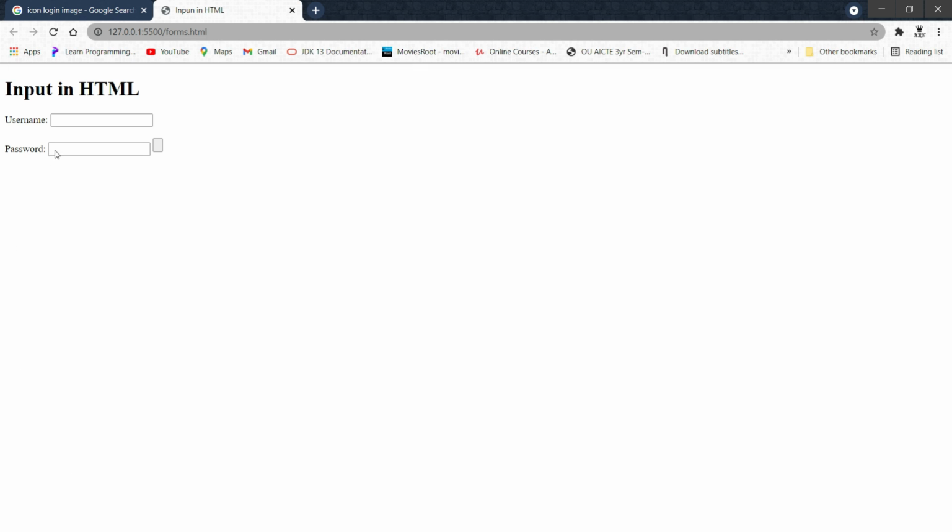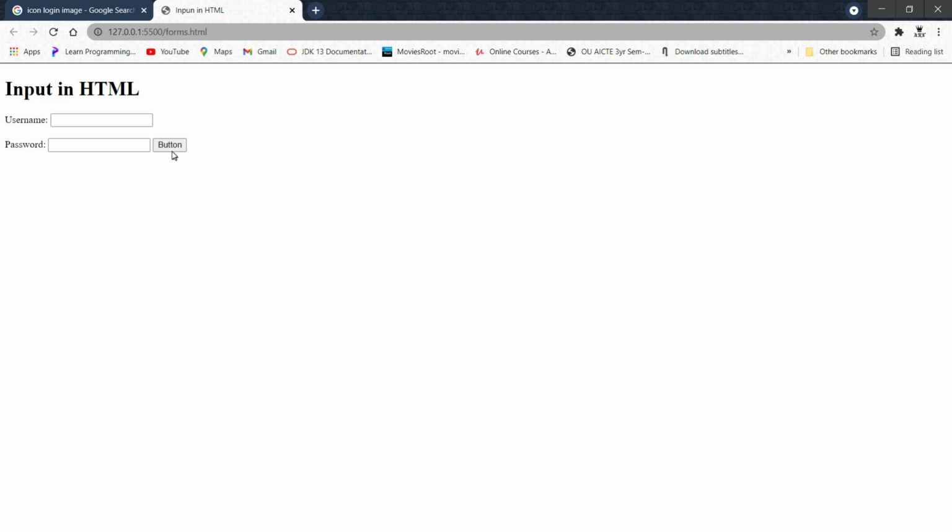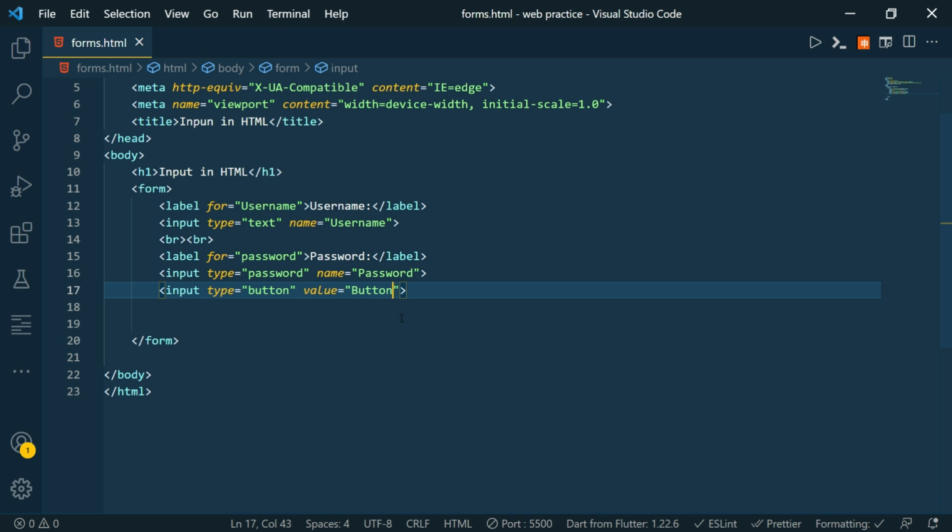So you can see we have a username field, a password field, and then a button. So inside value we can write something like button. So you can see we have button written over here. This button does nothing. This neither submits nor resets the form. This is just a plain button.